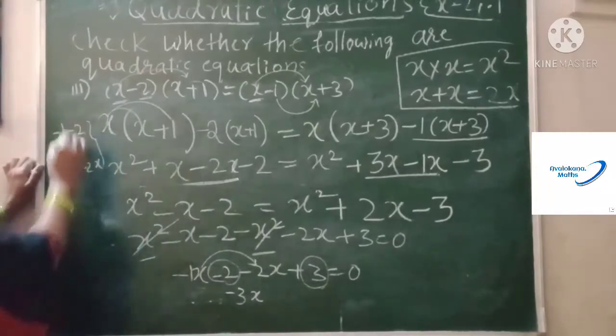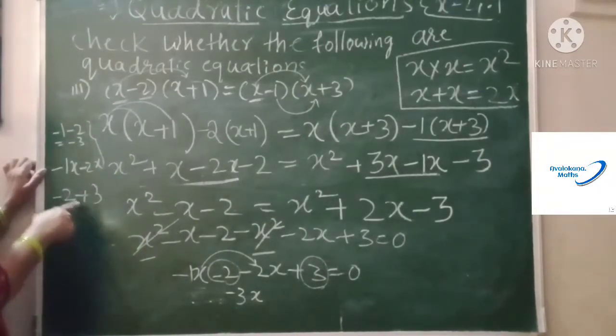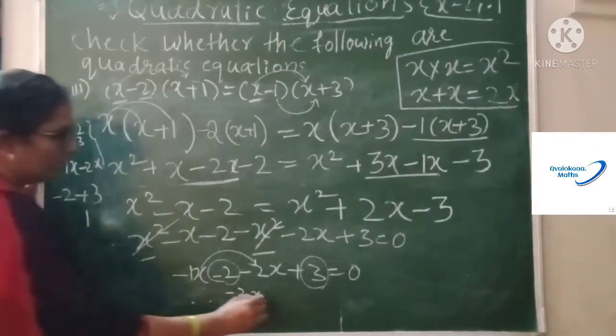So what happens here once again? Minus 2 plus 3. Once again opposite signs, addition and subtraction sign we have, that is plus and minus sign. Here negative opposite signs means the operation is subtraction. You are subtracting 2 from 3, it becomes 1. Obviously the bigger number is having the plus sign. It is plus 1. Very simple.